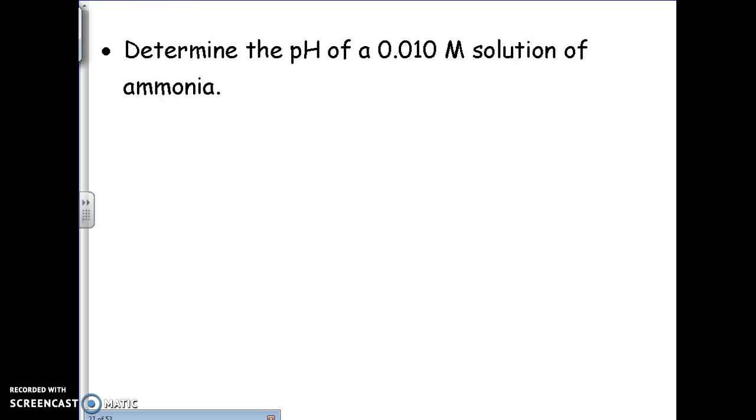So for the first example, we're going to solve for pH for a weak base. We know this is a weak base because this is not one of our 8 strong bases. We're going to actually write out the dissociation reaction, set up the KB expression, and then solve for pH from hydroxide concentration. So using the same example previously,